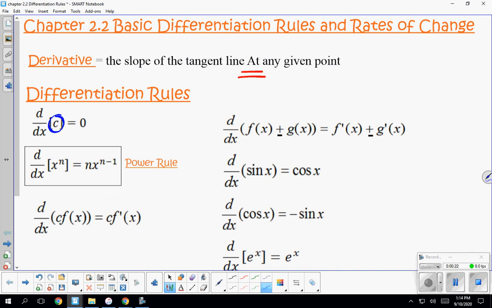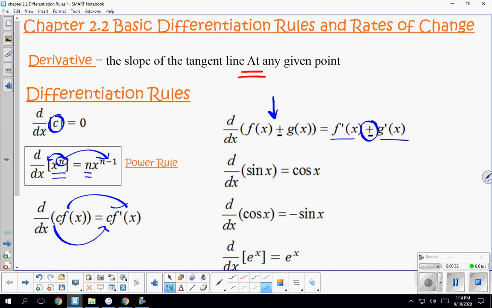The power rule is the big one, and this is our shortcut so that we don't have to use the big, ugly definition. If something is written as a power, meaning it has a variable with an exponent, we take our exponent, multiply by whatever number's in the front, and then we always take our exponent and subtract 1 from that exponent. If we have a coefficient, the coefficient just drops down in front of the derivative of the function. If we have a sum or difference, we just take the derivative of each piece and carry down the